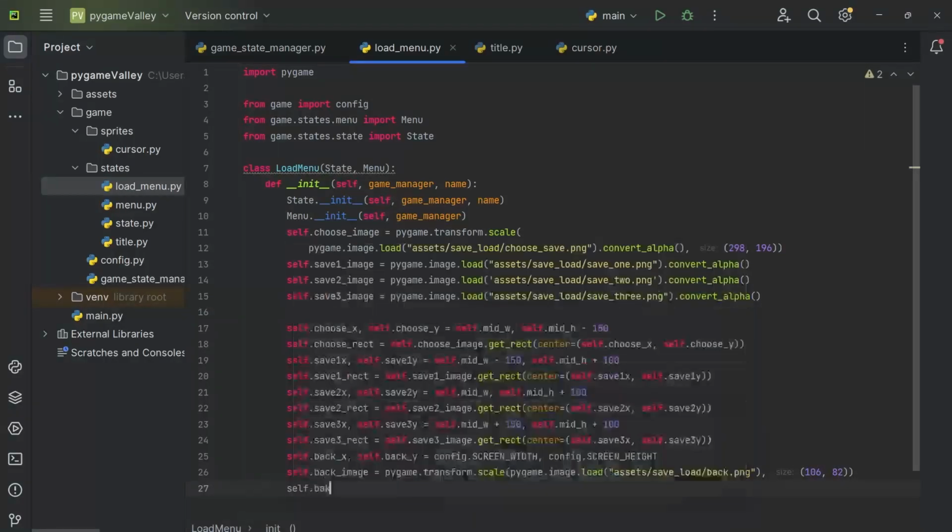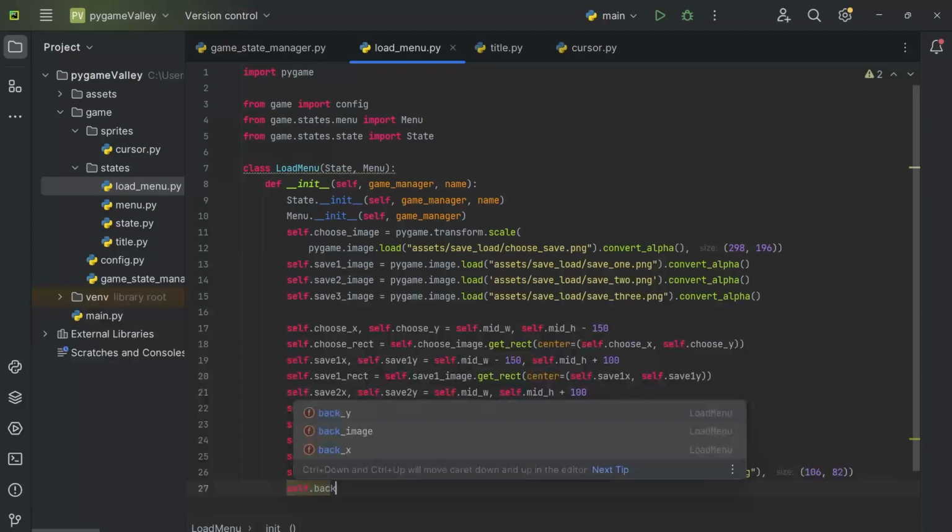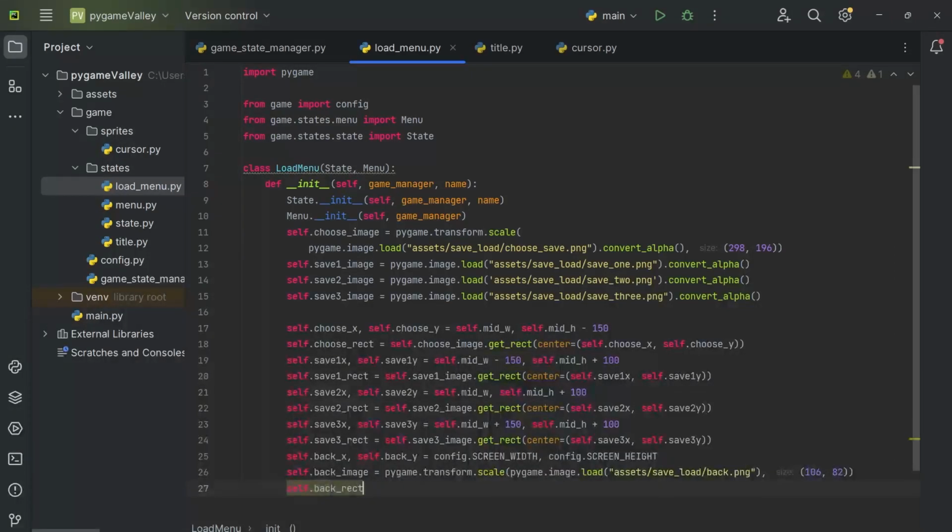And then self.backRect is going to be a bit different. For the back X and the back Y, I did the screen width and the screen height. So the total width would put us at the right edge of the screen, and the total height is going to put us at the bottom corner of the screen. So that's just the bottom corner here. But if I center it right here, my image won't show. So instead,